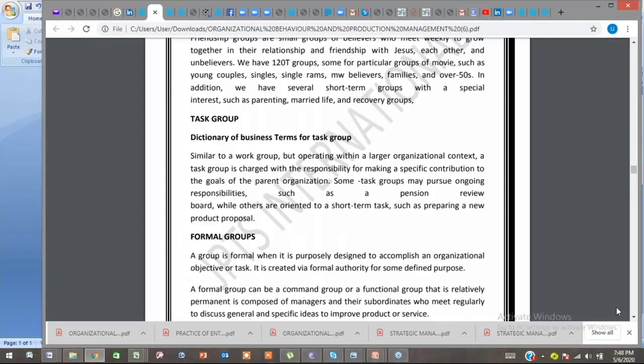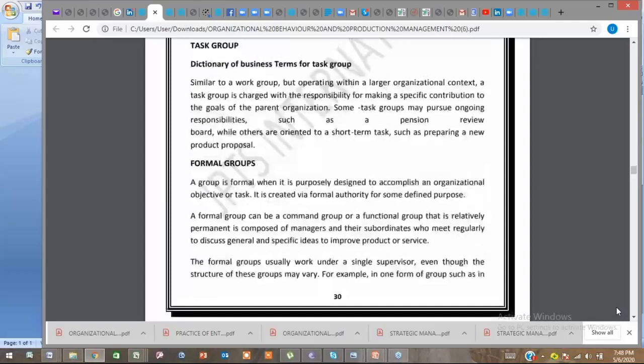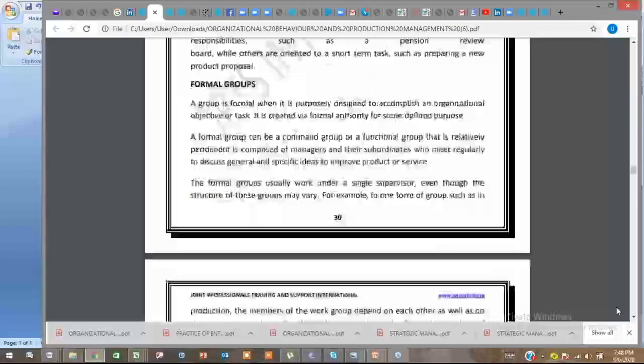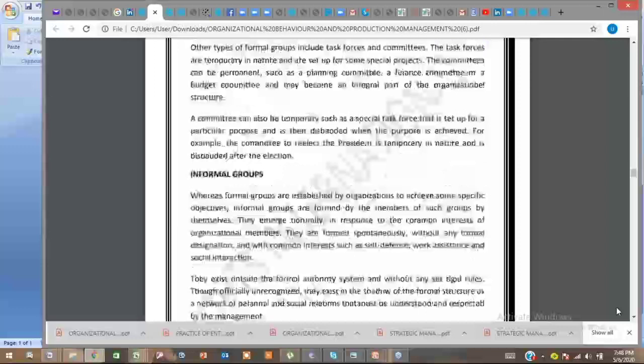Group tasks, formation of group. Yes, some of you don't want to do that program. You say, no, I don't want to do extracurricular. See, education is not certificate alone. Some people go through school but don't go through them. Why? Because they did not involve themselves in all those extracurricular activities that really make you up. Very, very important. So you have to look at task group, formal group, informal group,